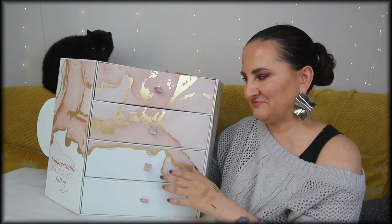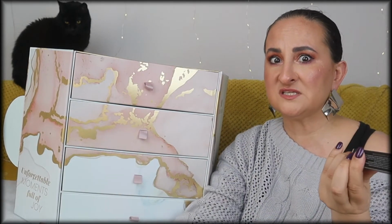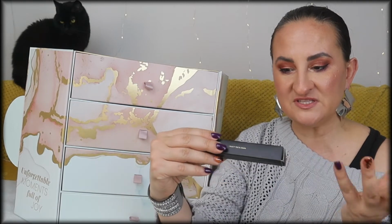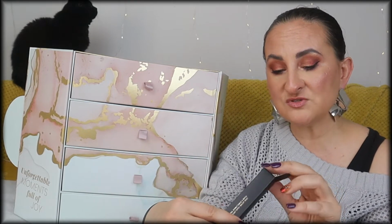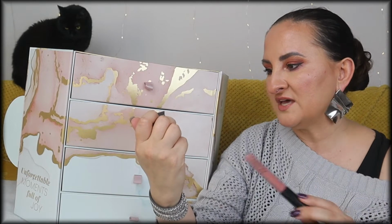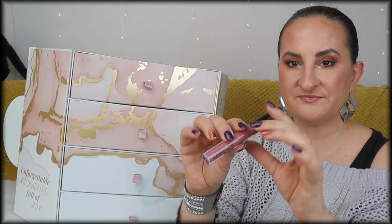Let's move on. Number 20. So number 20 is same size box, and here we have a full-size lipstick. So it is doable, isn't it? Right? So this is, what is this? This is Larizzi. The brand is Larizzi, I think. This is how you read it, I hope. Long-lasting liquid lipstick in a shade pink mauve. That sounds really good. I'm also glad that we don't have a proper red color, because I know it's very Christmassy, but I have so many red lippies. And also this is cruelty-free and vegan, so that's good, right? This is our lippy,